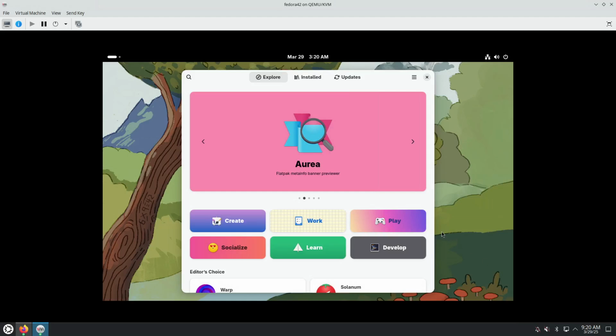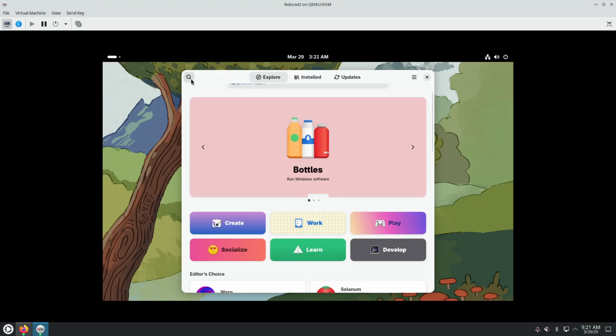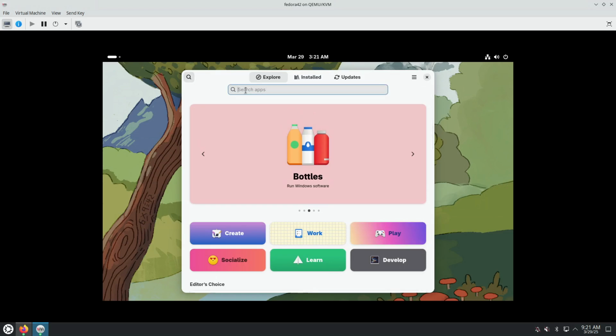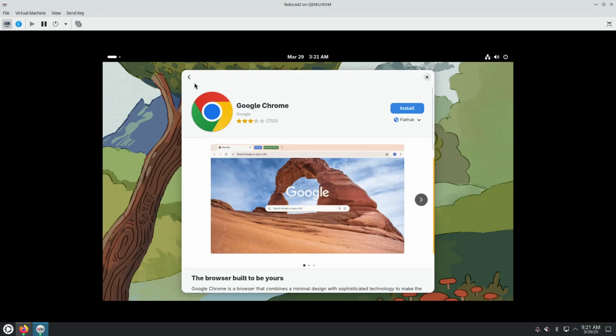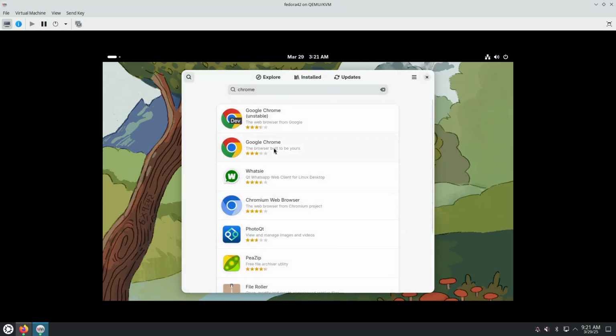Similarly to the way we installed from the Snap Store on Ubuntu 25.04 two applications, Chromium and Visual Studio Code, let's see how we can install similar applications on Fedora 42 beta. So I'm in the App Store, GNOME Software, I go search, and let's search for Chrome. And I find Google Chrome, not Chromium. There's also Chromium, but there's the